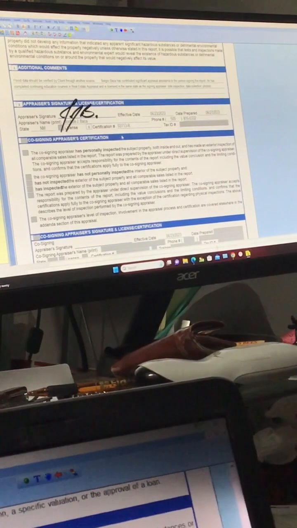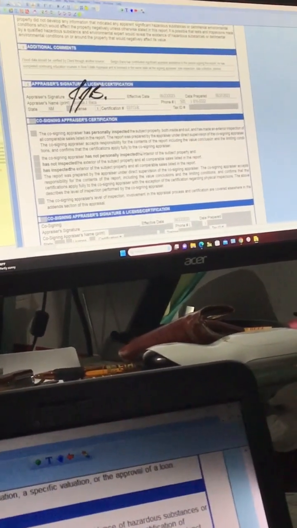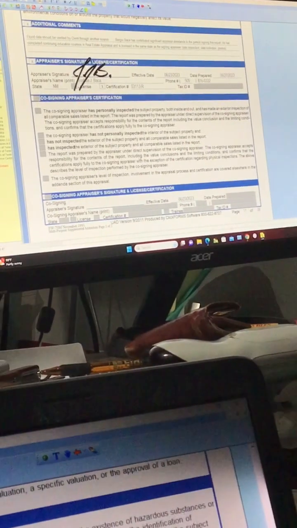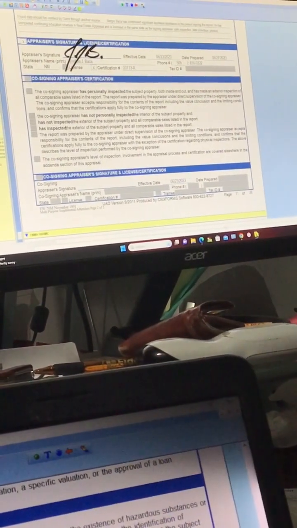So nothing ever really goes in co-signing appraiser right now, unless you and I do it, and you do it 100% on your own. So then I'm a co-signer. And then you're the last, signing appraiser. On the last piece is my certification. All right. Cool. If you're doing it